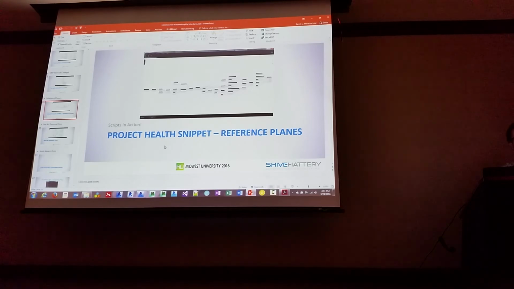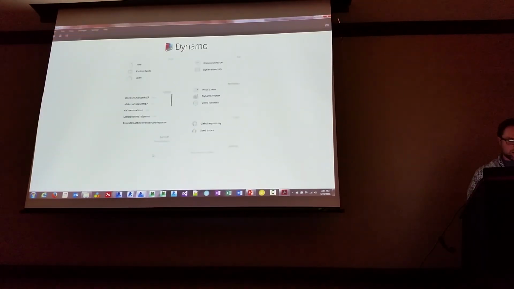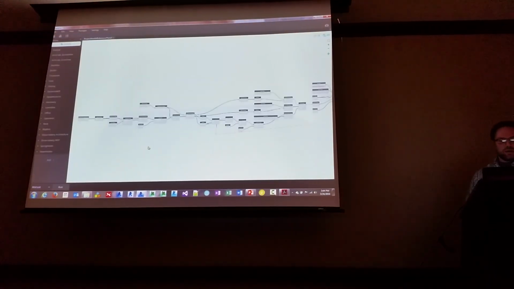And so I always got the question, is there an easy way to see if this reference plane is actually hosting anything? Well, unless you actually go through and get all the elements and take a look at what the parameter value for host is, not really. Well, along comes Dynamo. And the nice thing about this is that it just goes through, gets all the reference planes in the project,